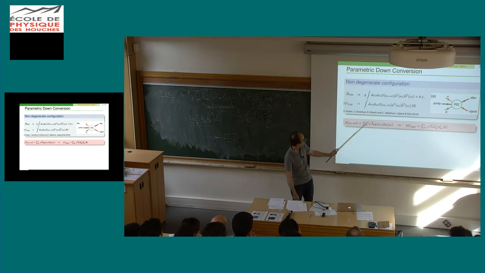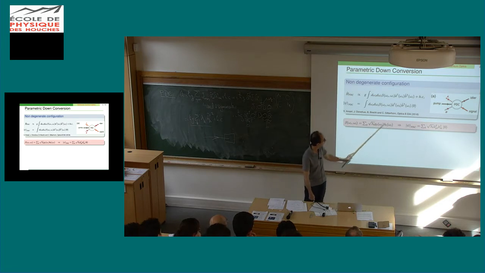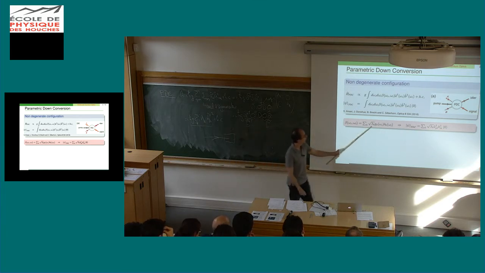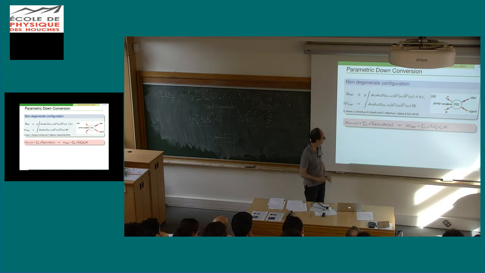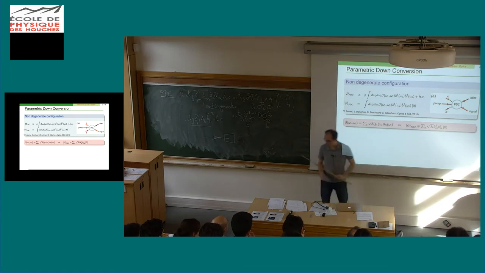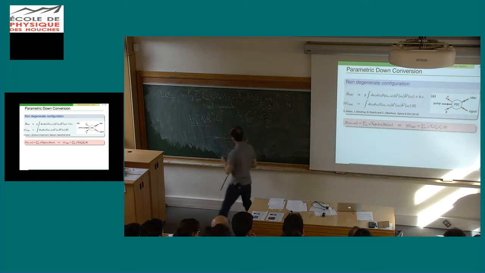So it's a sum over k of the square root of lambda k. Here you put the square root to stress that this is a positive real coefficient, and you have a set of functions g and h. So it's like an eigen decomposition, the same as here, but the eigenmodes are not the same for my idler photons and for my signal photons. And then your psi here becomes this simple expression, and maybe I should have put it on the slide, but I will write it here, just to be sure.